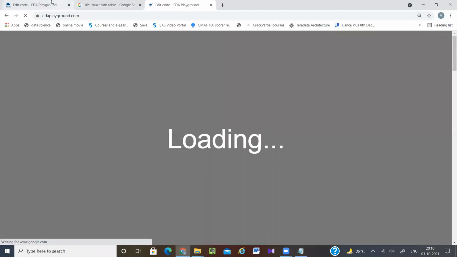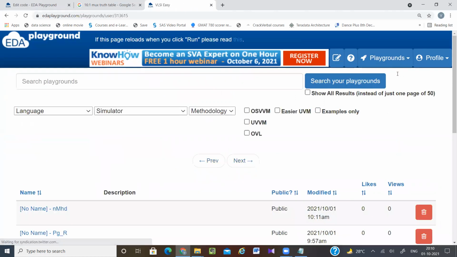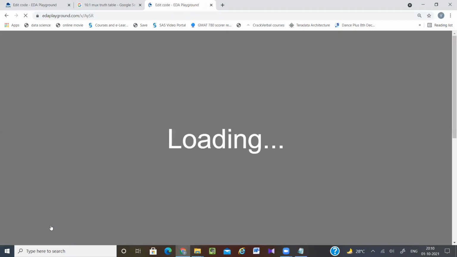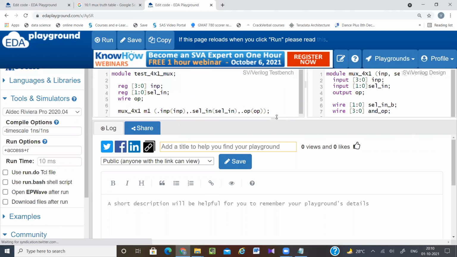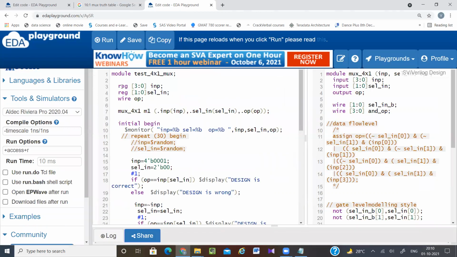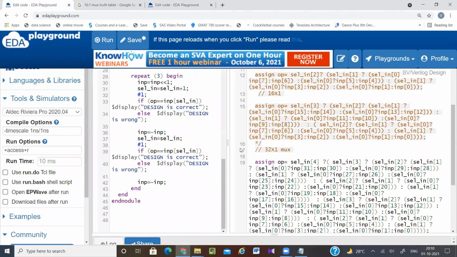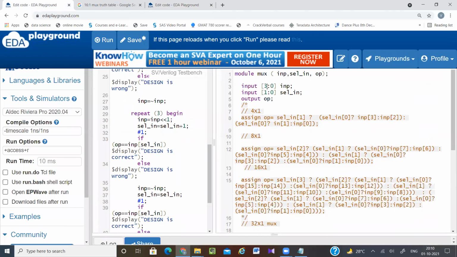So next, playground. In the previous video, I have done one code for mux. So from that, I can just copy paste the test bench so that I don't have to write its test bench again. So it is like 32x1. So it will be a 5-bit.